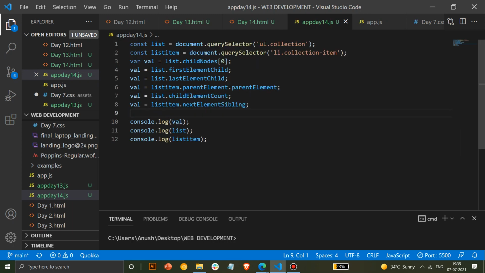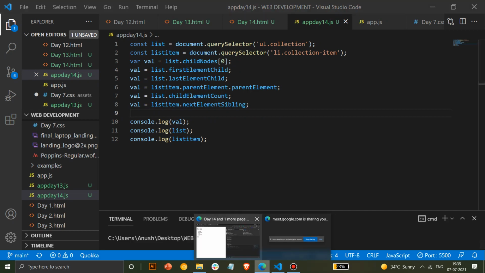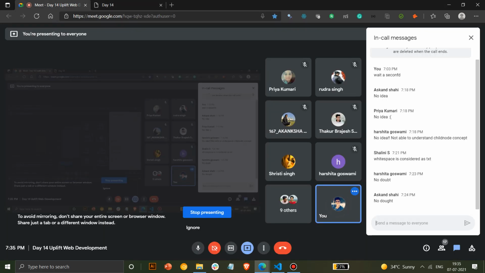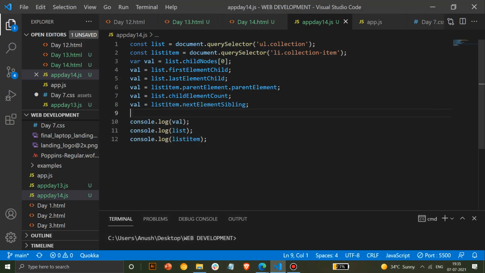Anyone, what should create element be doing by the name? What is an element? As of now, we have studied element as whatever is visible to our eyes. Whatever things we create in an HTML document which are visible to us are known as elements. Okay, what will create element do? Anyone, try guessing. It will be visible. Yeah.